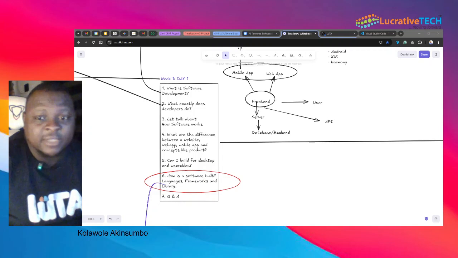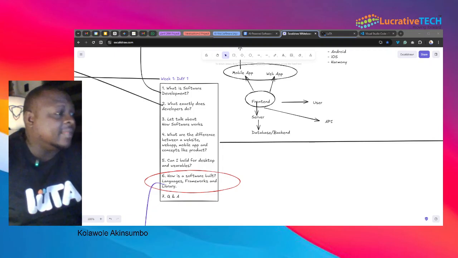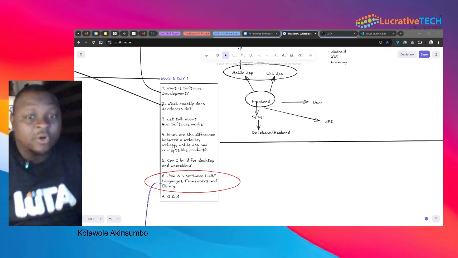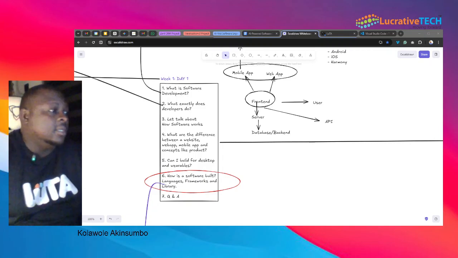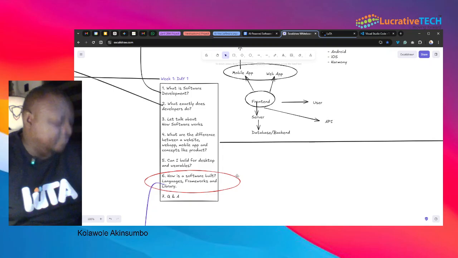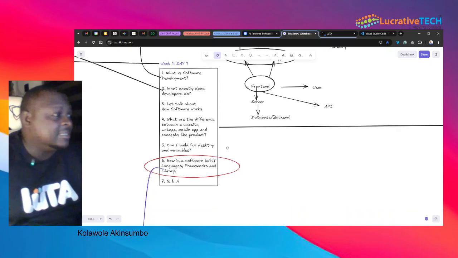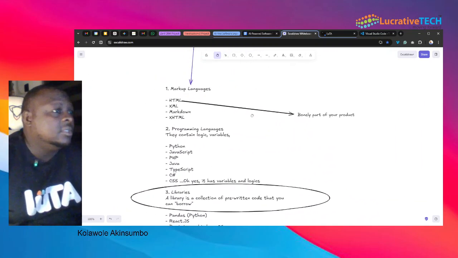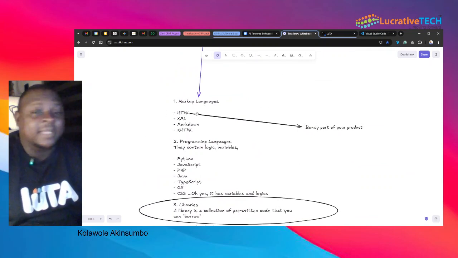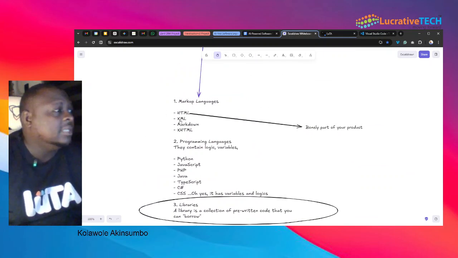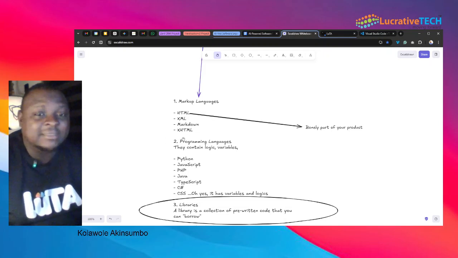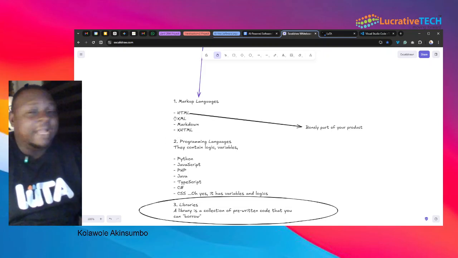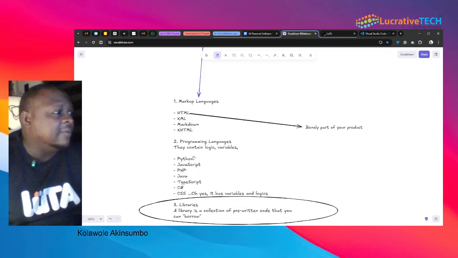We also talked about how software is built, and that's the core of our learning. So today, just to quickly recap what we learned on how we build. We talked about markup languages like HTML and XML. HTML is the hypertext markup language. And we said